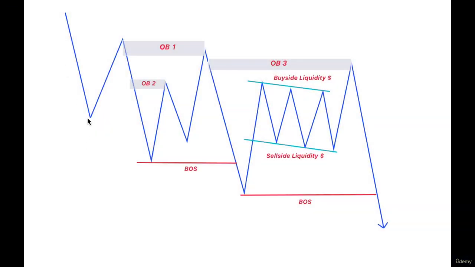In a bearish trend, we would like to see swing highs protected and swing lows broken. You may find inside the same bearish move two or many order blocks. These order blocks were created on purpose so you can take a short position earlier. In this example, at the level of order block number 2, market makers made this impulsive down move in order to get you involved in a short position. Your stop loss is going to be set above order block number 2 and you'll target the previous swing low, right?